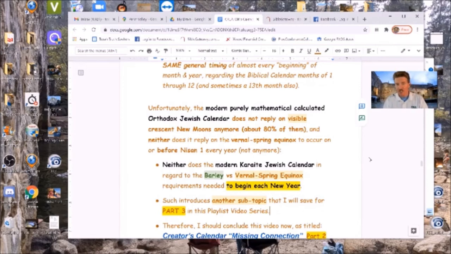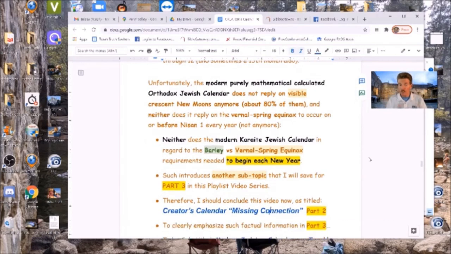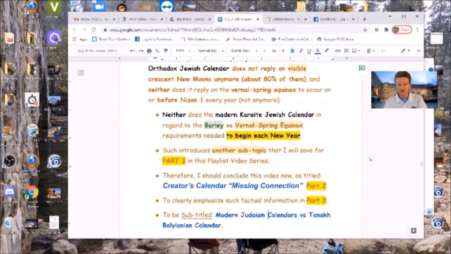Even though the Karaite Jewish calendar is more similar to 2,000 years ago, there are some differences, and I'll expose that as well. Therefore, I should include that this video is titled Creator's Calendar Missing Connection Part 2 to clearly emphasize such factual information in Part 3,